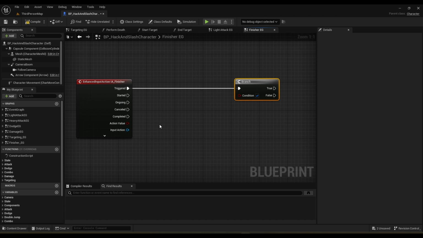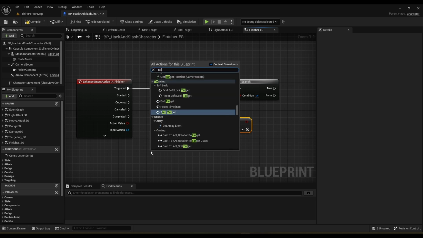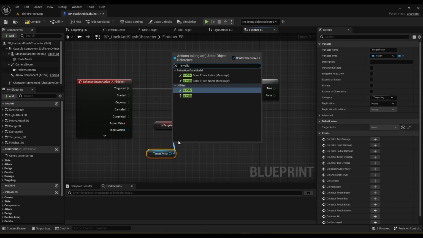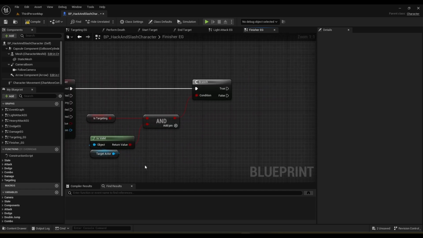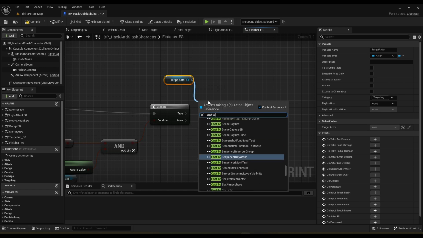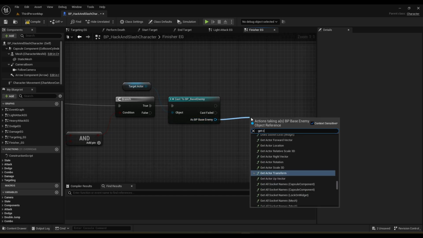First things first, we need to check that we are targeting, so is targeting, and our target actor is valid. So if both are true, then we could possibly execute, but of course we're going to need to check for health. So if these two are true, what we're going to need to do is grab our target actor and we're going to cast. So here we're going to cast to BP base enemy, and here we're going to grab our get current health,